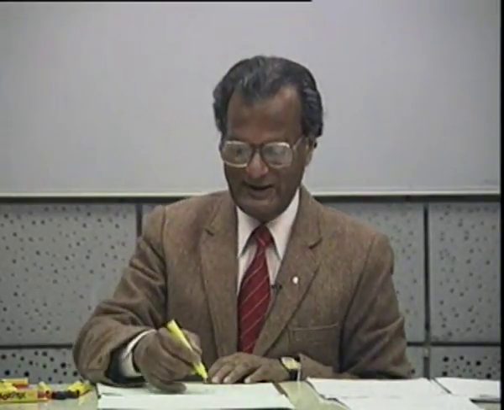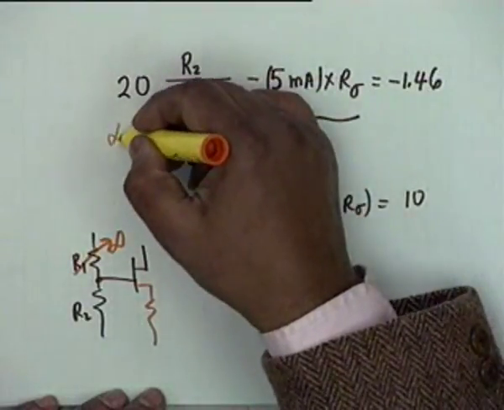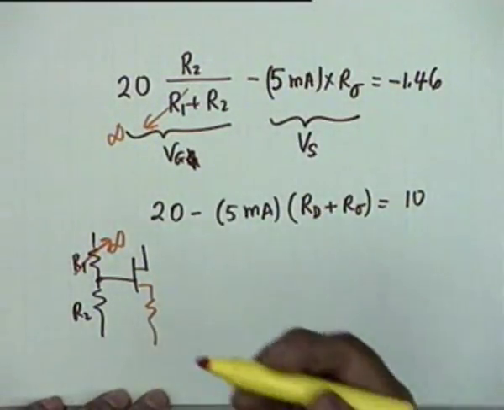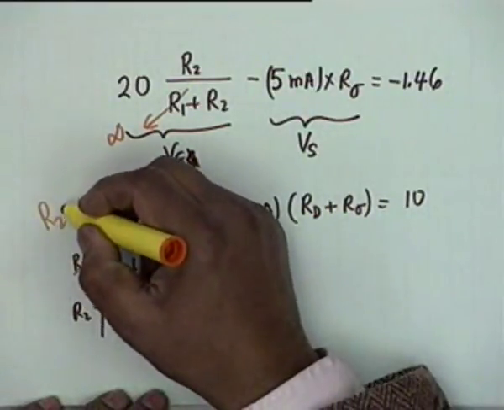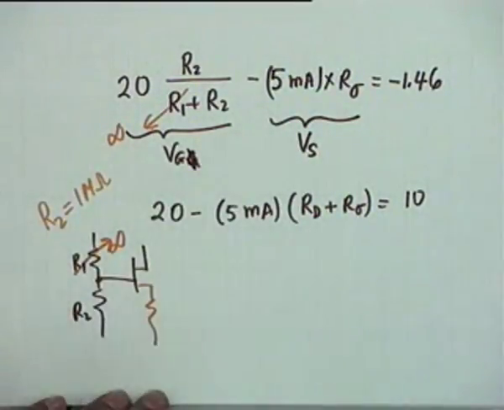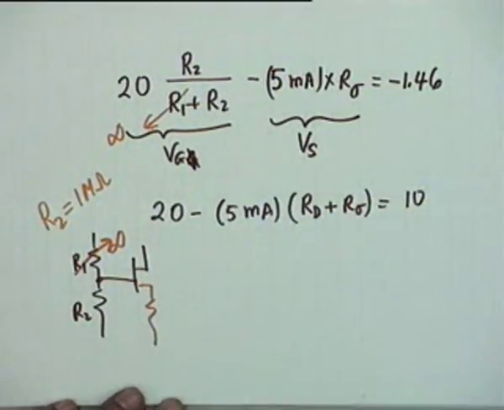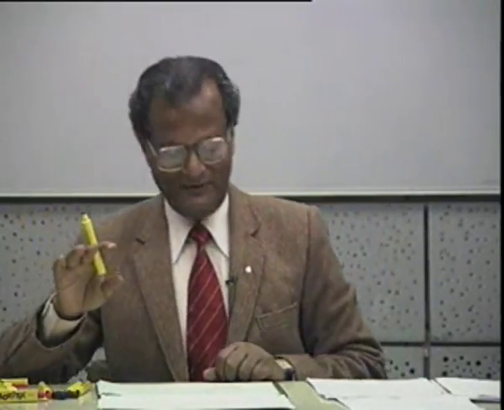So if I have this choice, why don't I make it? If R1 goes to infinity, then you see R2 is arbitrary because this quantity drops down to 0, and R2 can be any large value. Let's say R2 is 1 meg. It is arbitrary now. It does not affect the equations. Then we can as well leave that terminal as open circuit also. Yes, there is a question there. Is the question clear? If R2 is arbitrary, why don't you leave it open? Why use another resistance?